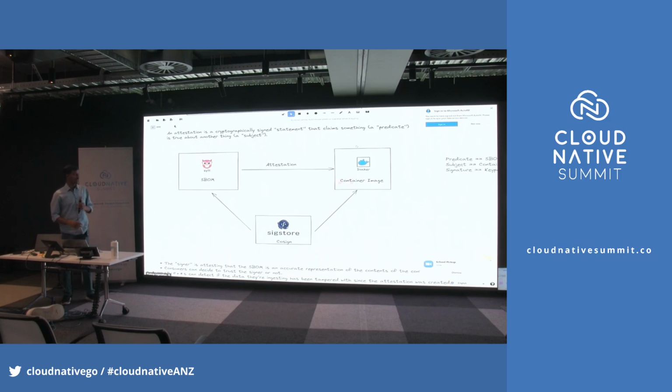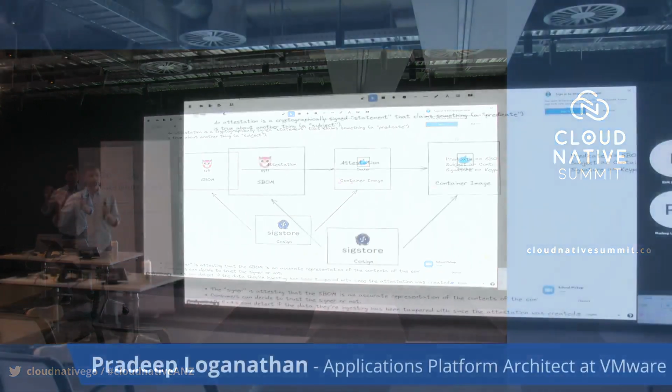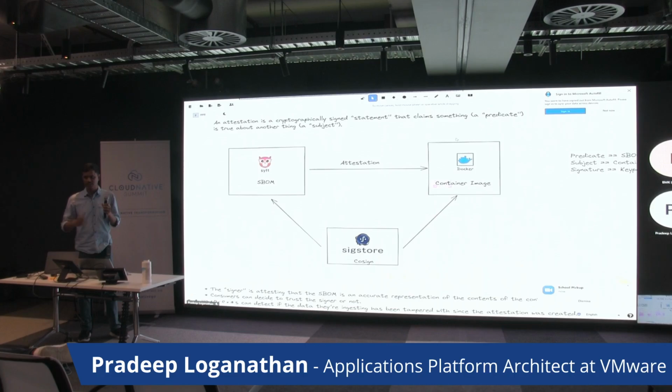So what you're doing as part of the attestation process is you're cryptographically signing the SBOM to say that this particular container or this particular software artifact contains the software packages listed within this SBOM. From a cryptography perspective, the container image is a subject, the SBOM is a predicate, and the signing key says the subject, which is a container image, contains the software packages listed in the catalog generated by the SBOM. It ties the whole thing together, and you sign them both together to say this particular container contains these software packages as cataloged by this particular SBOM.